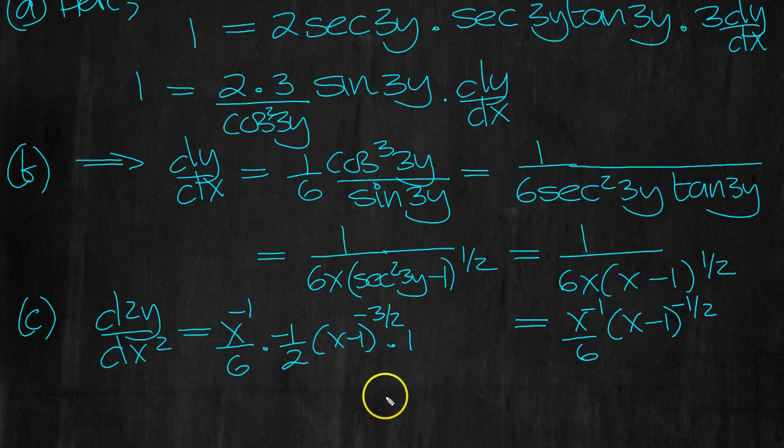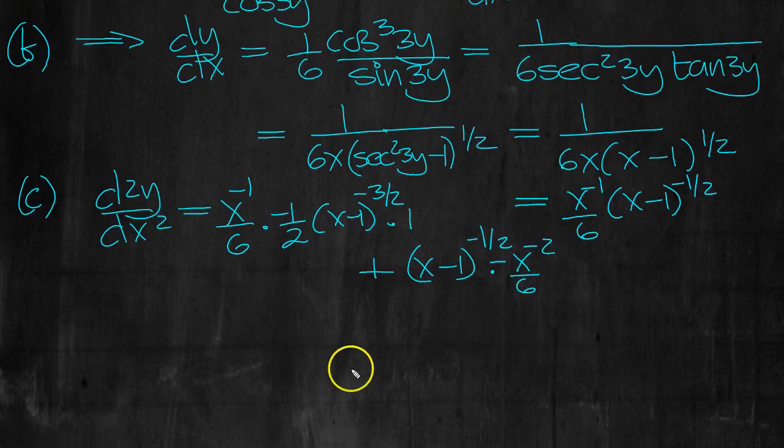So that was u dv plus v times du. This goes to minus x to the minus 2 over 6, doesn't it? Just differentiate powers. So, and simplify, I think it said originally, didn't it? So we got a sixth,